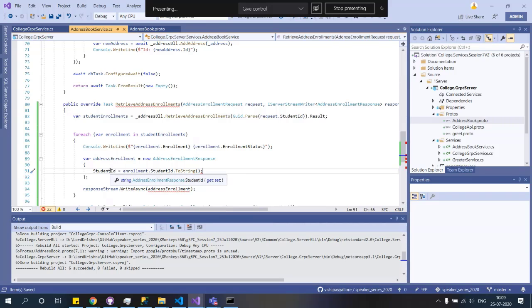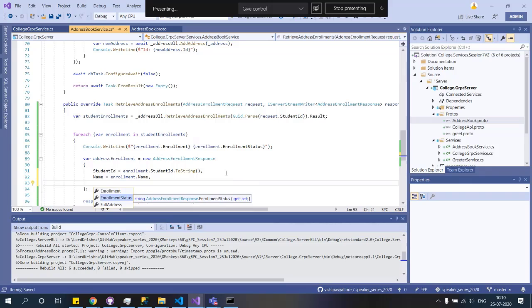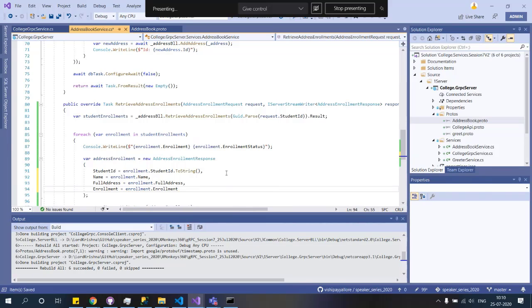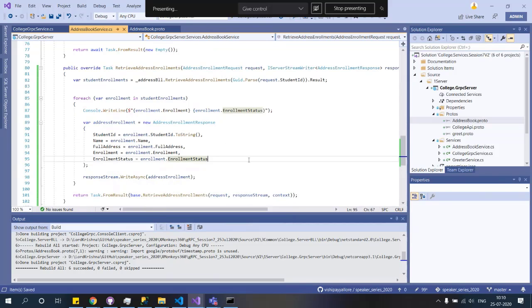Okay, what is this? It is a string. So we are doing string, and then name is enrollment dot name. Okay, so we have retrieved the set of enrollments.